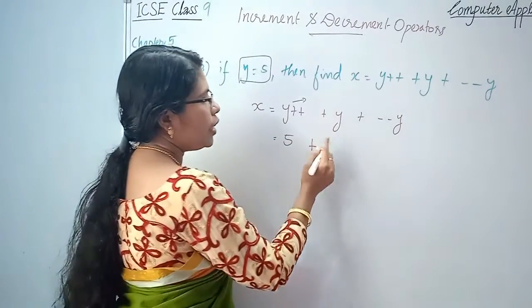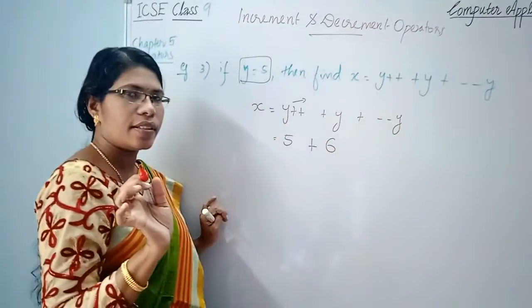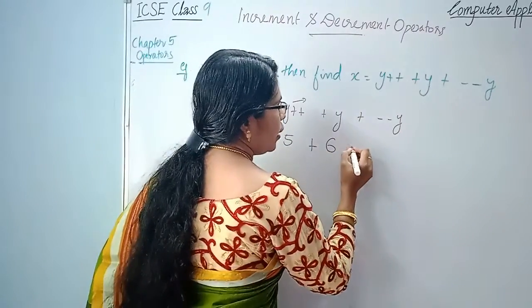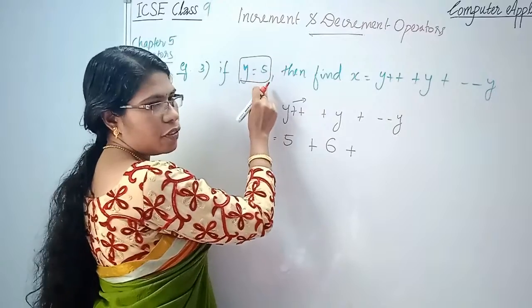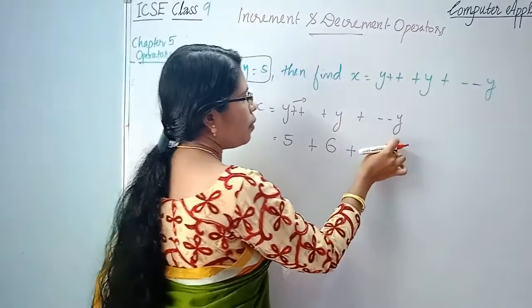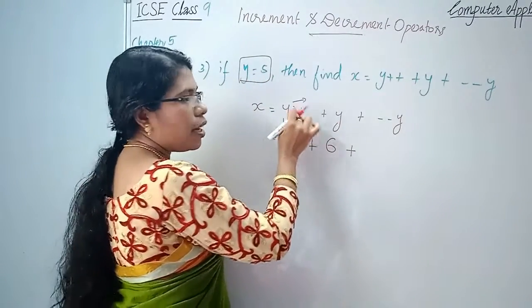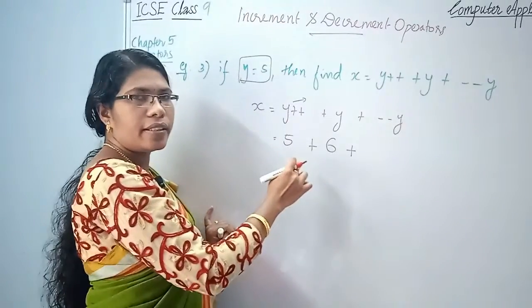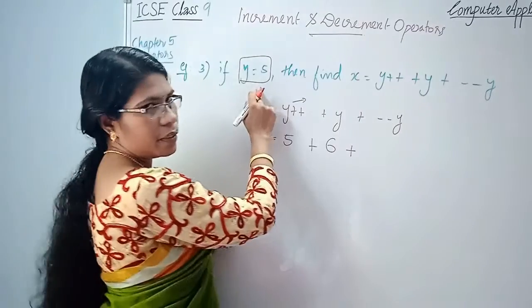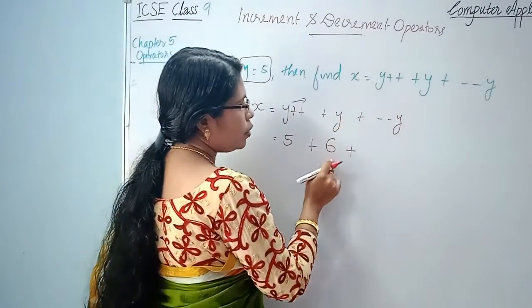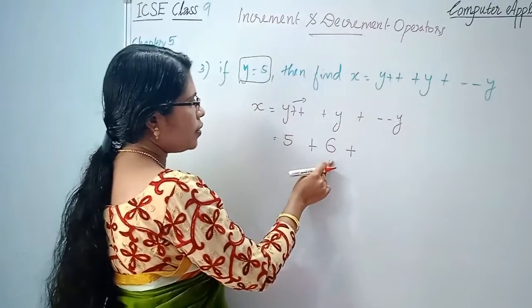So what is the value of y now? Y is updated as 6. Clear? Then now the value of y is equal to 6. Don't take the initial value 5 here. When you are doing this calculation, at each step the value will update in memory, so the updated value we should consider. Don't consider the old value. Clear? So the value of y is equal to 6. Now you understood how it is 6.